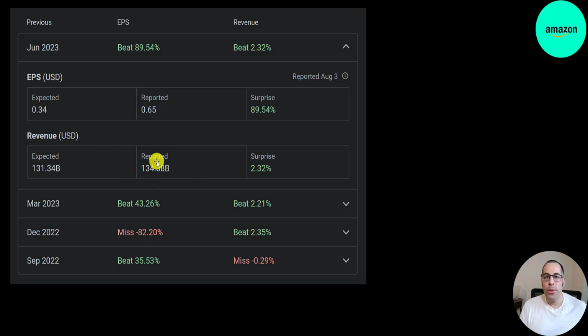quarter. The fourth quarter of 2022, they reported like 160 billion, because the fourth quarter is always their biggest because of Christmas. But this is by far their biggest second quarter ever. They also beat earnings and revenue last quarter. We'll look at their financials a little deeper to see why they grew so much. At least their earnings grew so much,